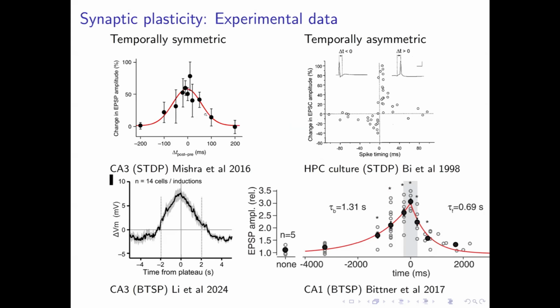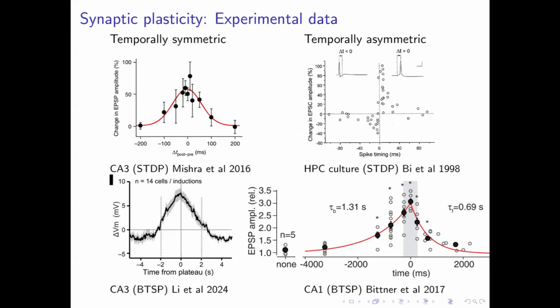So in some cases, people have found that plasticity is temporally symmetric, in the sense that if you have coincident pre- and postsynaptic activity at the scale of maybe tens of milliseconds, then the synapse tends to strengthen, but it doesn't matter whether pre- or postsynaptic neurons fire first or second. So this is the case in CA3 slices. This is work by Peter Jonas. Right. In other cases,